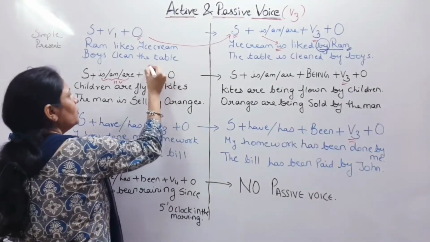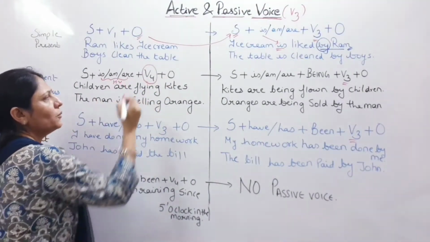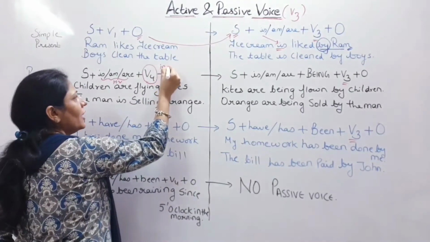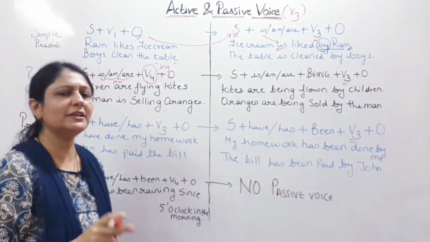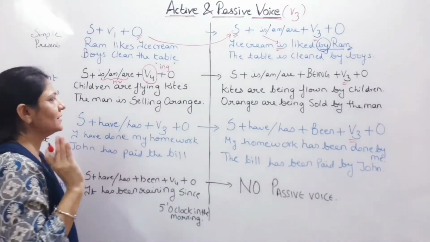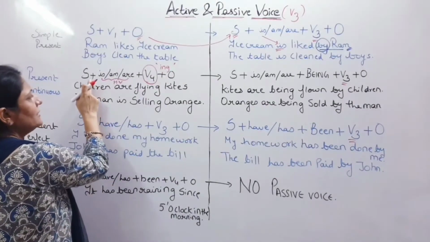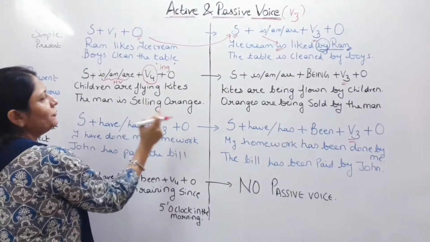As already told, all the continuous tenses use the verb form V4. What is V4? V4 are the ing forms of the verbs which are always used in all the continuous tenses of 12 tenses. Okay, so here the formula is subject plus the helping verbs of present tense, V4 form and